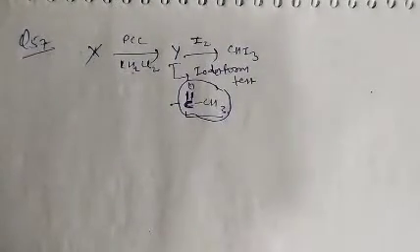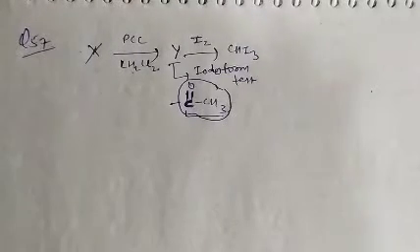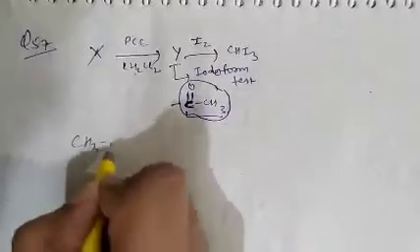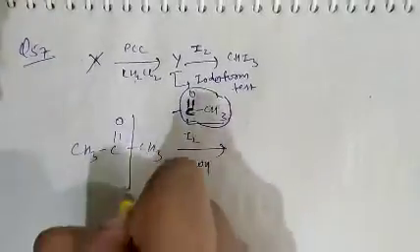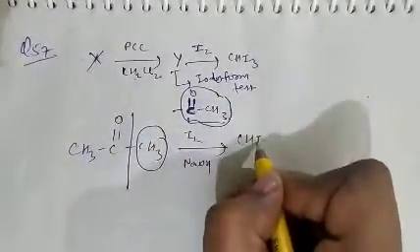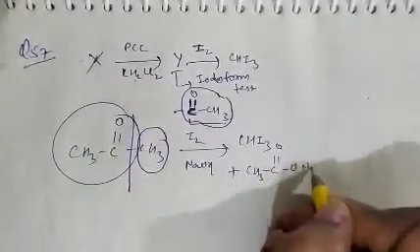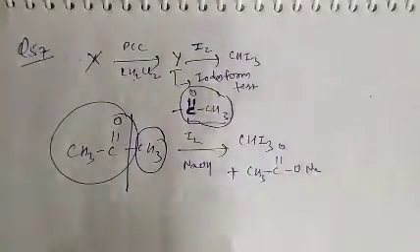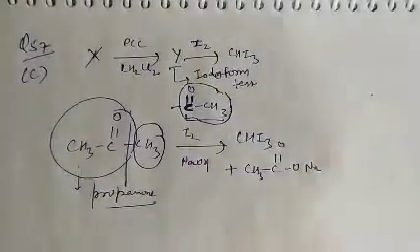So the organic compound X on treatment with pyridinium chlorochromate, PCC, gives compound Y, and Y on reaction with alkali, as we can see, this compound will give a positive iodoform test. This compound will convert into iodoform, and the remaining part will convert into the salt of acetic acid. So question number 57, option C is correct. That is propanol. See question number 58.